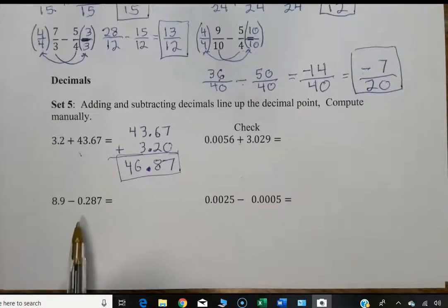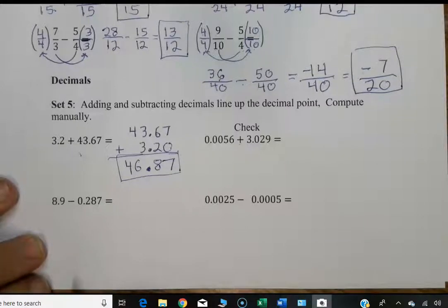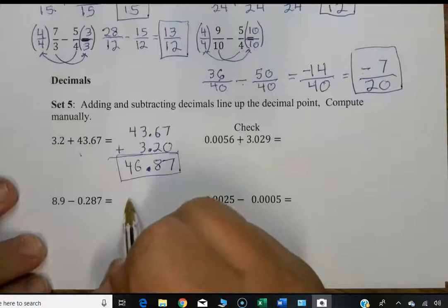Let's go ahead and do this one down here. It's a subtraction. Same thing. You line up the decimal point. So go ahead, pause. Try to do this one on your own. And we're back. So you have